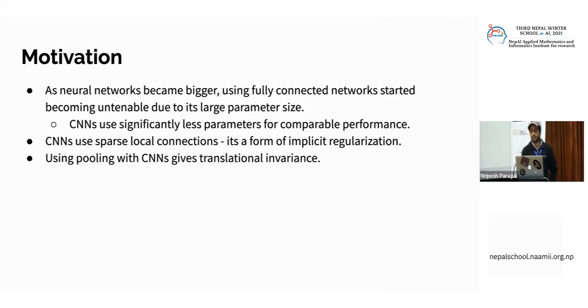When I trained some of these models for the demo today and for the lab, I was able to do it on a small desktop computer. But you would need crazy GPUs and cloud resources to learn even the simplest network if we had so many parameters. So one big advantage of CNNs is that they use significantly fewer parameters